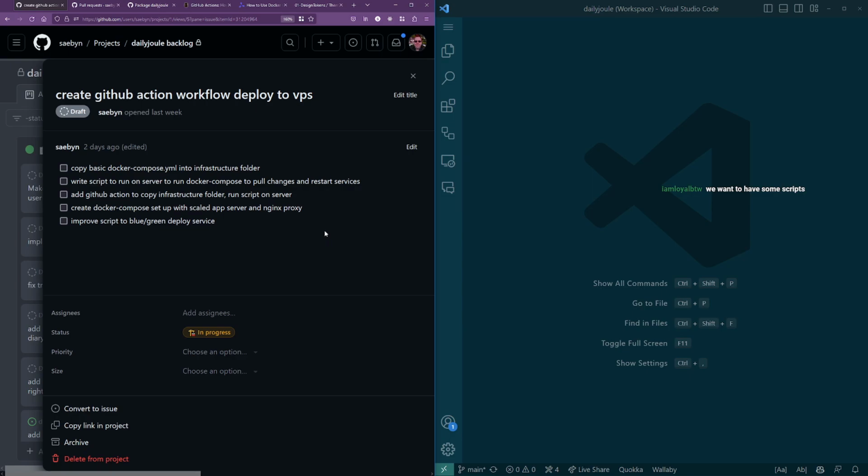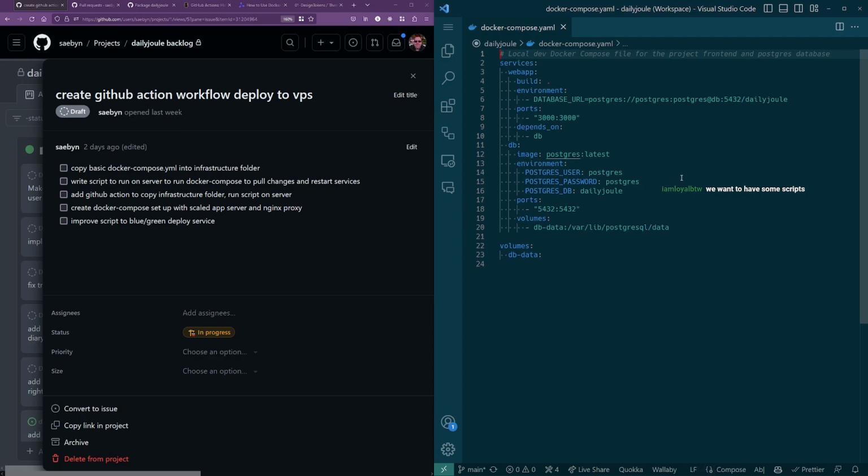So anyway, the thought here is to just set up. We have an existing Docker Compose file, but this is set up for local dev. It's using a data volume that's not tied to a folder on disk, which means it's kind of ephemeral in a way, sort of. Various other things are not ready for prime time in this Docker Compose, but we can make a better one to actually run on the server,